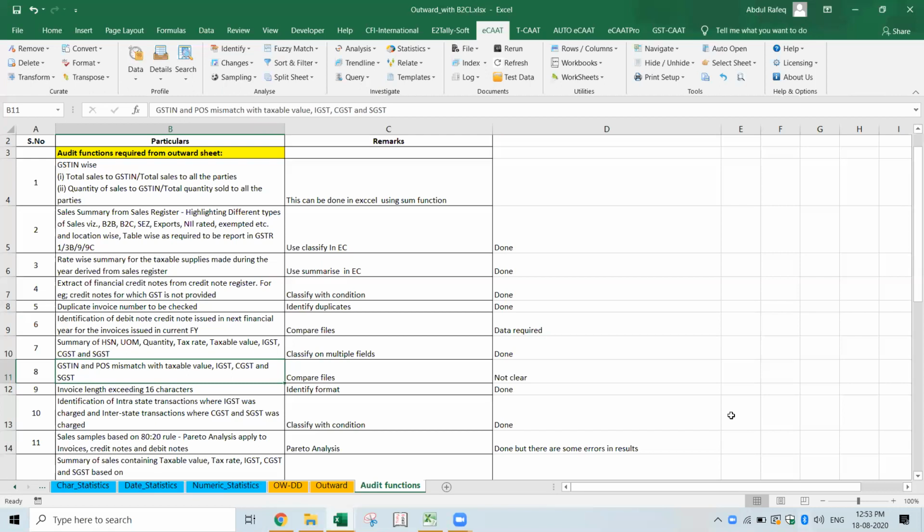Karnataka is 29, and Telangana is 36. If I am in Telangana as a supplier and the recipient is also in Telangana, 36, then obviously it should have CGST and SGST only, not IGST.